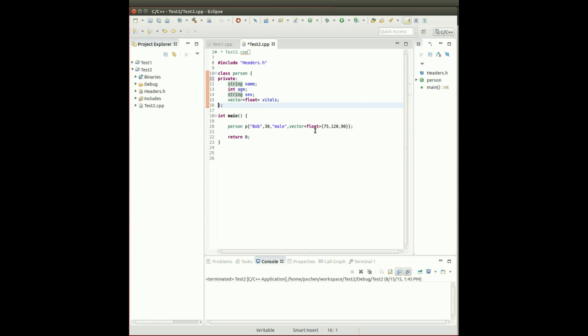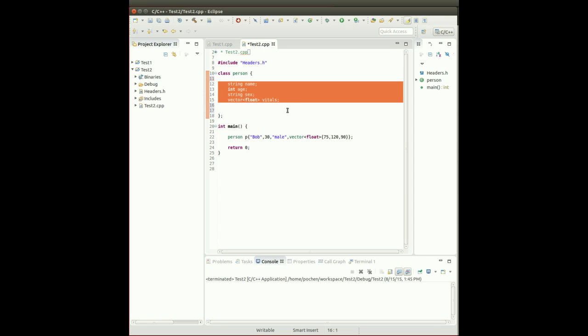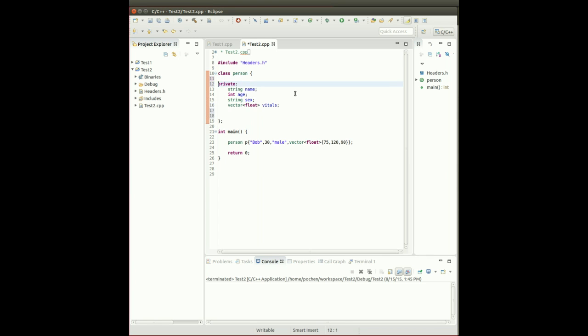In fact, all the data members are private by default if you do not specify any sort of access level. If you just remove private, the default access level for anything in here is actually private. So you don't really have to specify the private access level. But just to make it more obvious, let's still write the private access level here. And then we're going to define our public